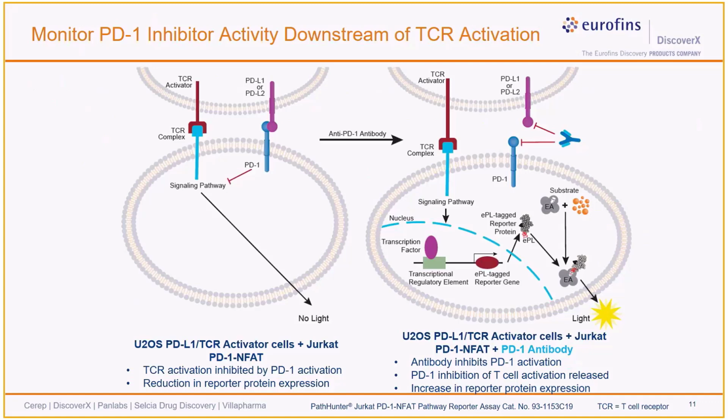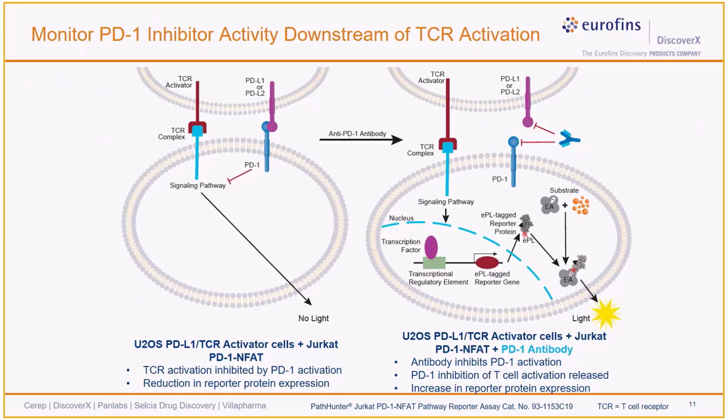So this schematic again illustrates how the PD-1 NFAT reporter assay works in this co-culture system. Again, this assay consists of two cells that are co-cultured together, where one cell line is used to present the ligand for PD-1 as well as the activator for the signaling pathway. So it consists of U2S co-expressing the T cell receptor activator and the PD-1 ligand, or PDL1. And these cells are cultured together with the JERCAT NFAT reporter cells co-expressing PD-1 to now make them responsive to